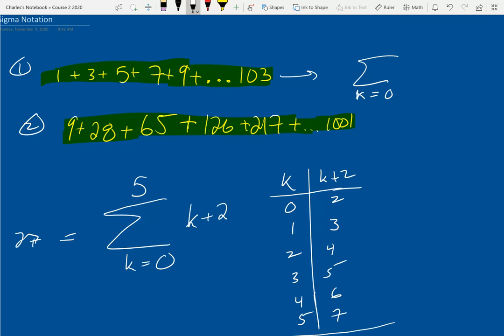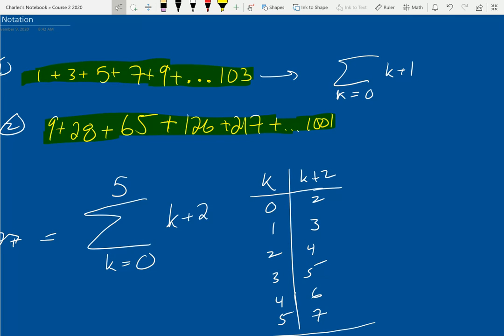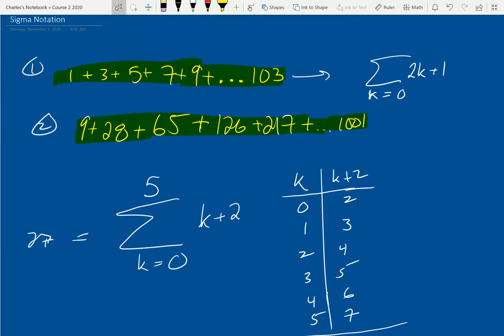So let's say I go from k equals 0, and at 0 I want to do plus 1. Then what's the last one? Sorry, this thing is going up by 2, so I actually want it to be 2k plus 1, and I can plug in 0. 2 times 0 plus 1 is 1. And what's the last one that I want to add to? Well, 2 times something is going to give me 102. 102 plus 1 is going to give me 103. So 2 times 51 is going to give me